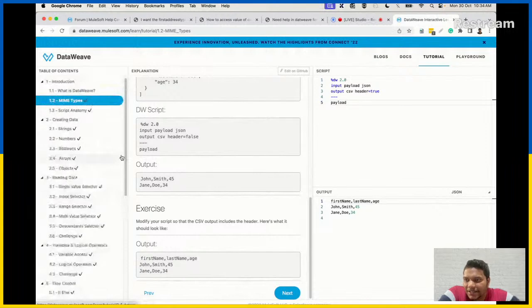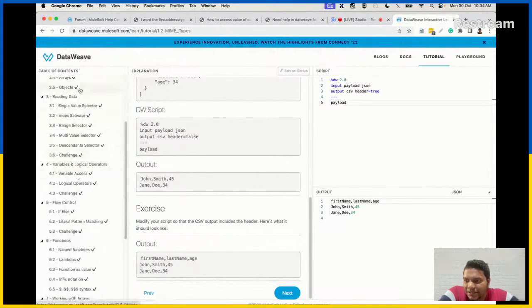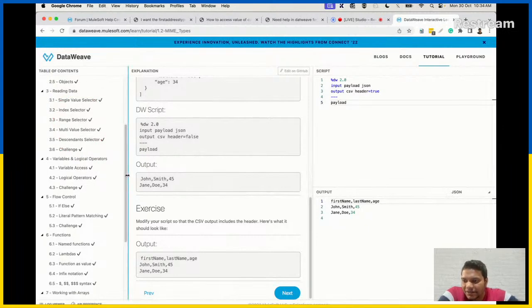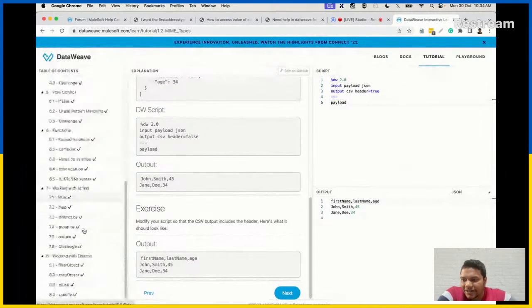Here you can see creating data, reading data, which are some of the basic things, like single value selector, index selector, range selector. And then we have if else conditions and functions. Most of the problems you can solve using these. If you go down, 7 and 8 are very important. So from 7